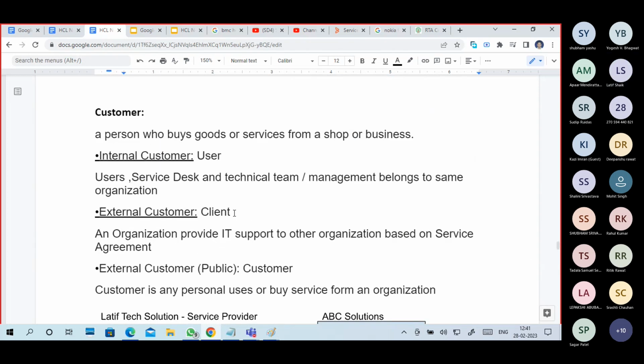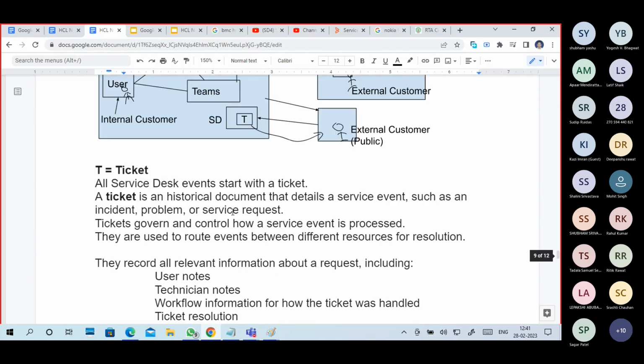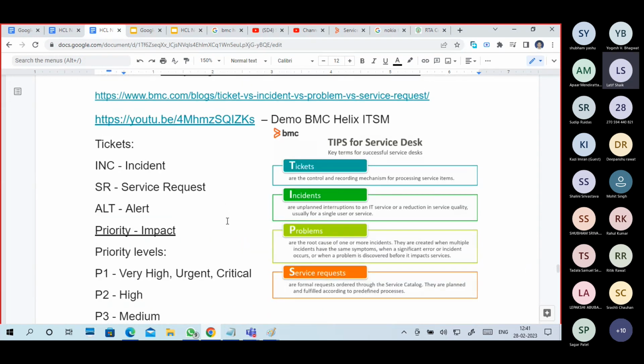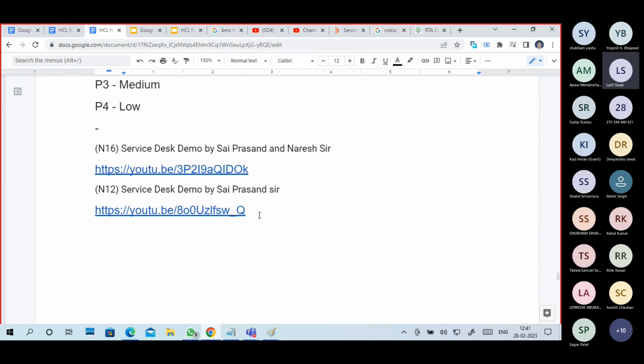What you have to do is read whatever we discussed today, and go through the links I shared and watch the videos. It's compulsory to try today, guys. If you think you will do it on the last day, nothing will happen. So gather and write notes while you're watching these demo videos. Write notes.